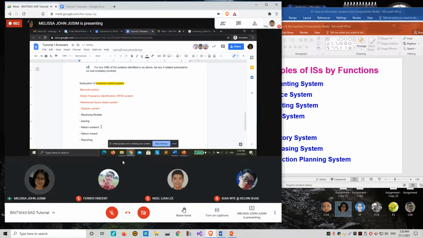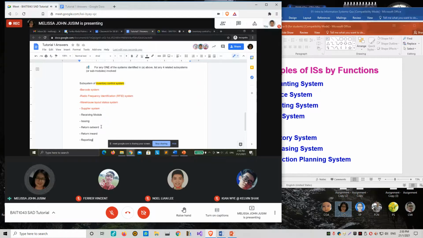Like the manager can select a report for how many goods have been manufactured or produced for that particular week, or check the inventory level. I want to print how much is the balance for each of the products that I have now, so they can select a specific report to do that.